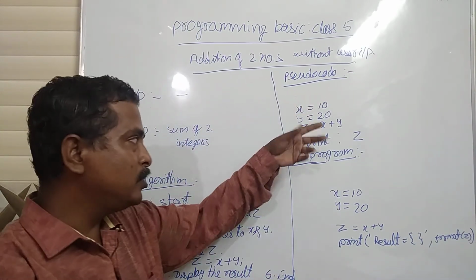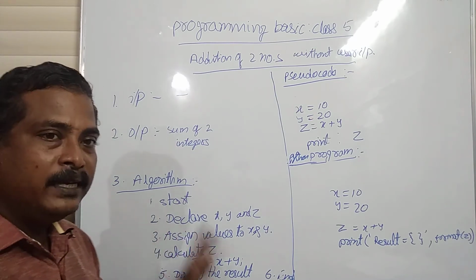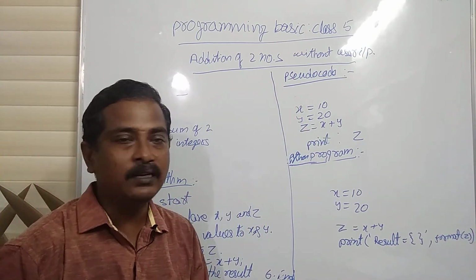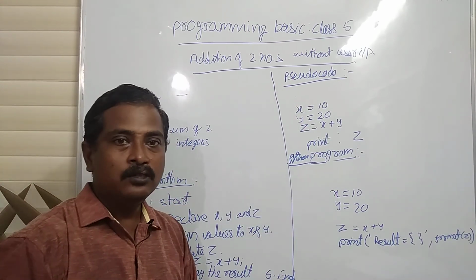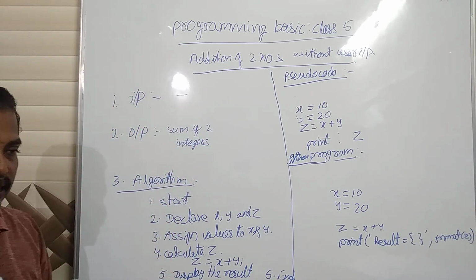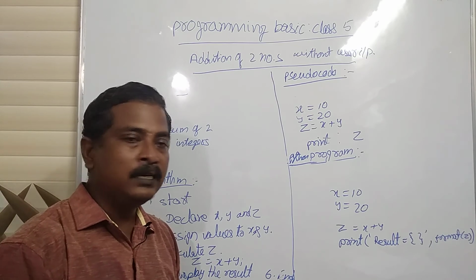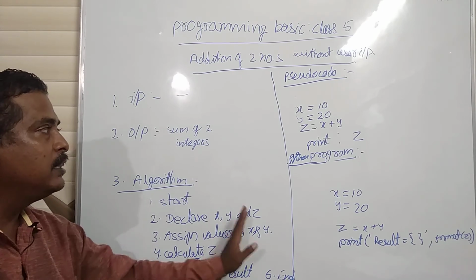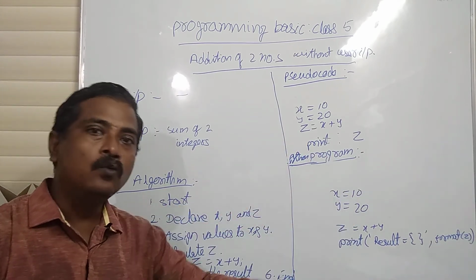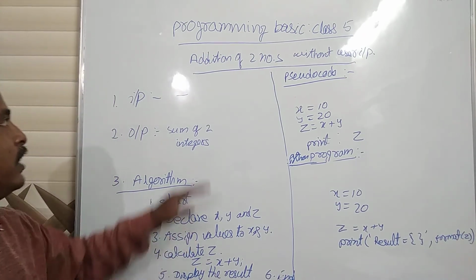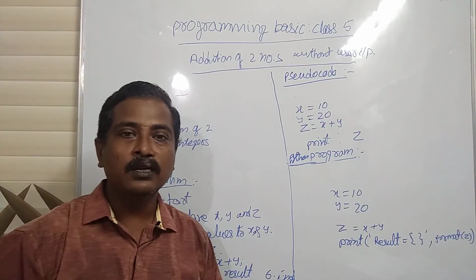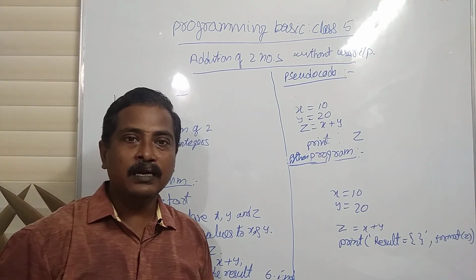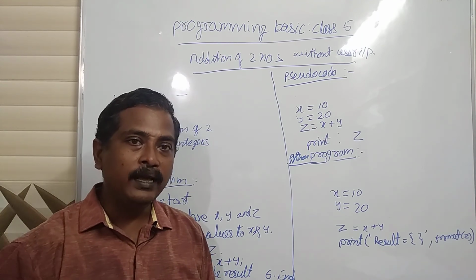Regarding pseudocode, almost same in all languages. Algorithm, it is same in all the languages. It is slightly different according to their format. So while we are learning a language, we will concentrate on algorithm. If these 3 steps are okay, then these 2 steps are very easy, whatever the language might be. So in this video we have taken addition of 2 numbers without user input. In the next video we will take with user input, because there we have to know in different languages what are the syntax, input and value.